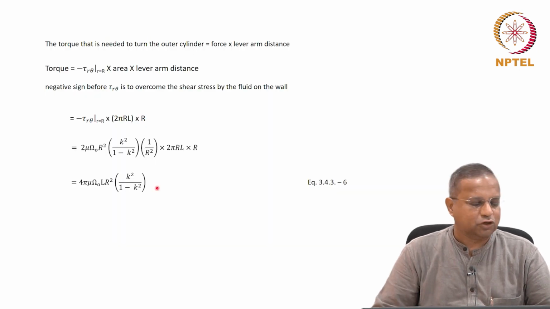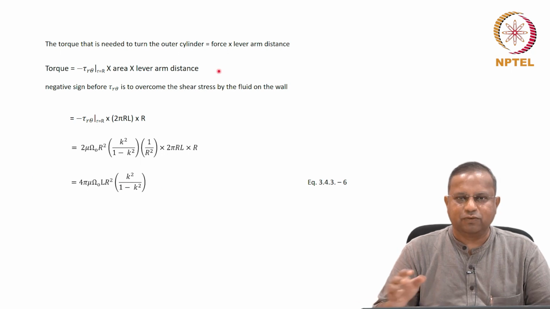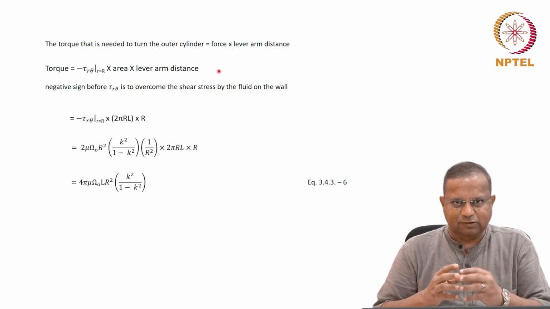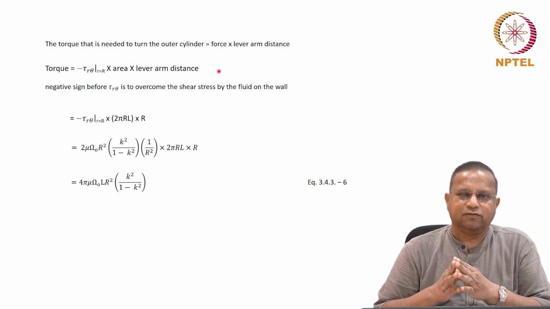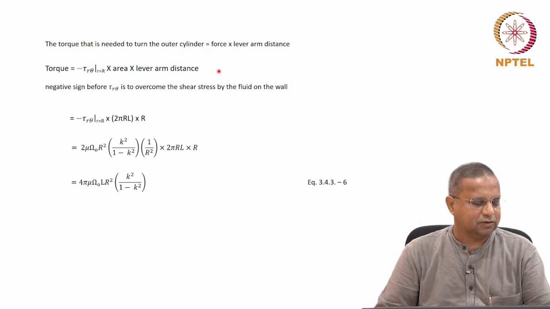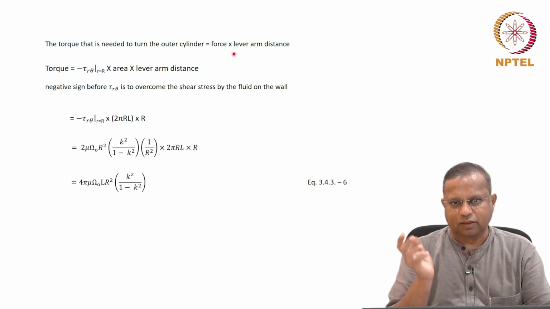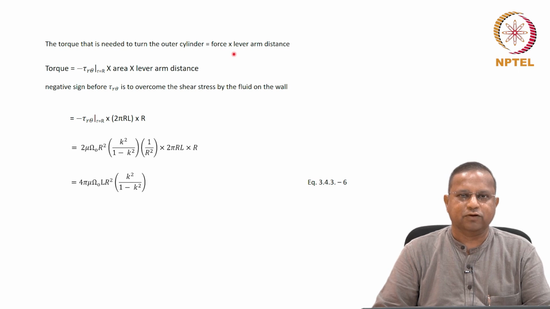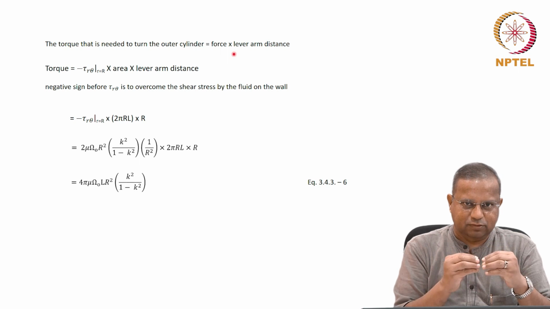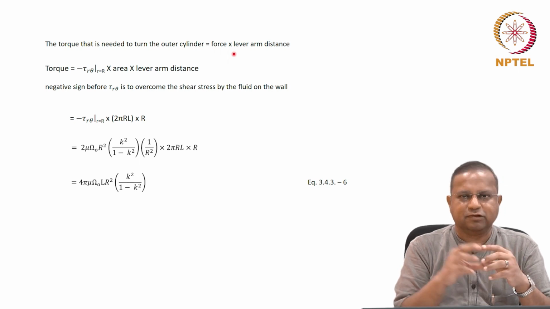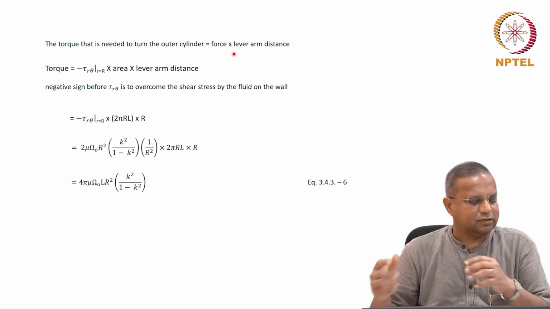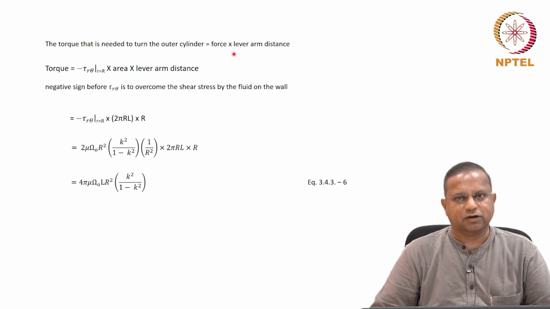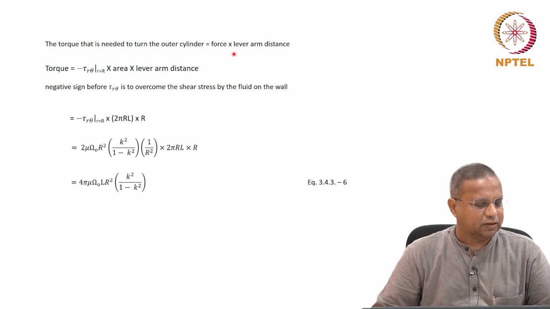What I'm going to also show you is where we used this particular device. Okay, of course, this is used in a viscometer, as the Couette flow viscometer that we mentioned earlier, to measure viscosities. Okay, there's a certain way by which you can get the viscosity in terms of the other measured variables. That's what is used as the basis for that viscometer design. Here I'm going to show you something else.